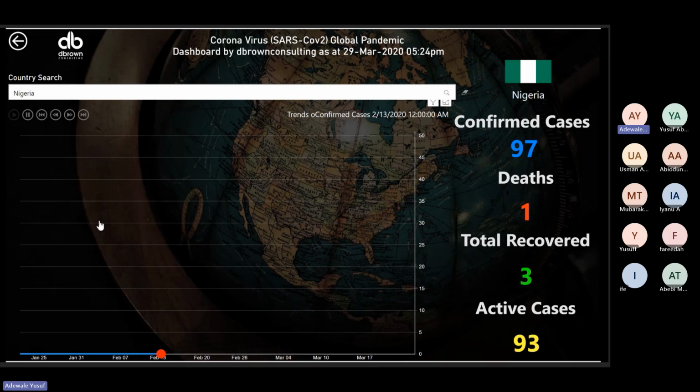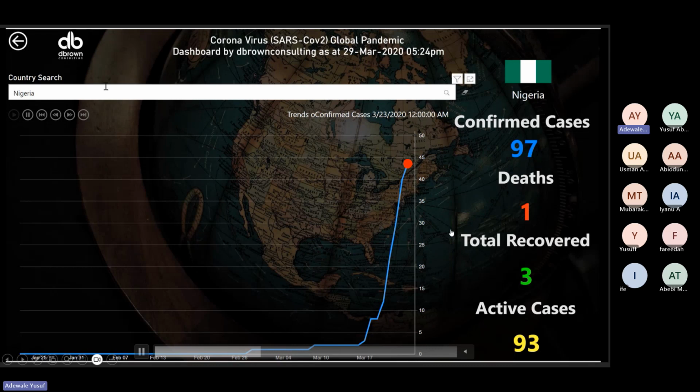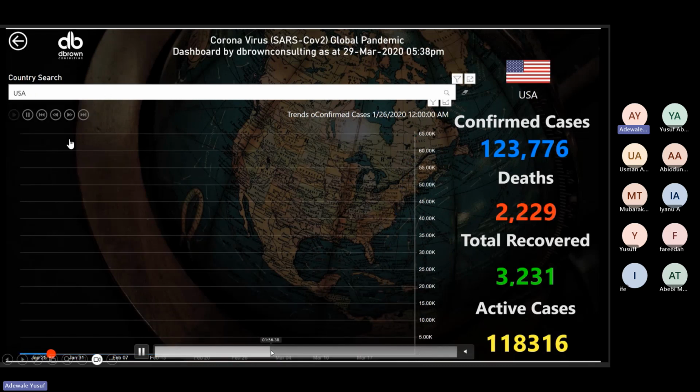And so this is like a standard dashboard normally. You should not make a dashboard very cluttered or build a dashboard that doesn't make sense. You should always follow some standard and not use color just for color's sake, right? You can see all the colors used here have a meaning. This is actual, this is dead, this is recovered, and this is actual cases. And you can see that this dashboard is very effective. So I'm just showing you a sample of a dashboard.